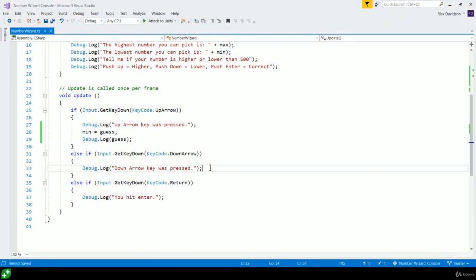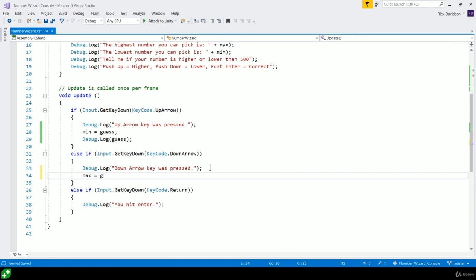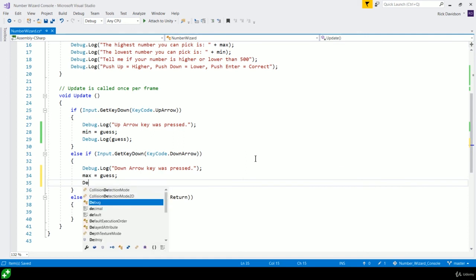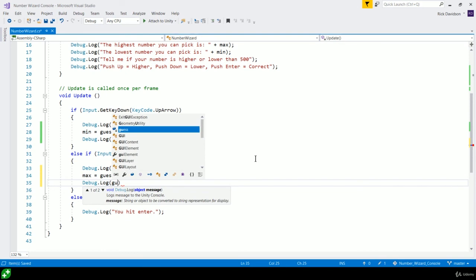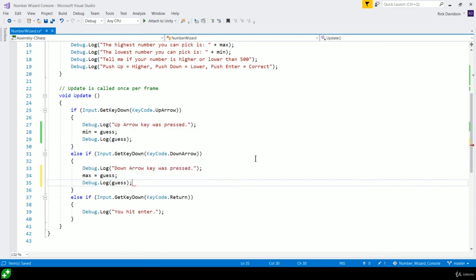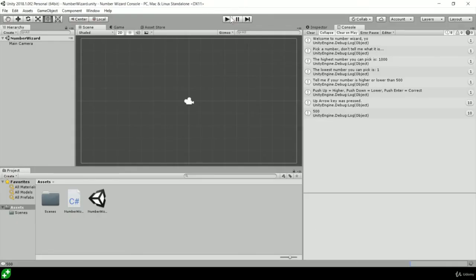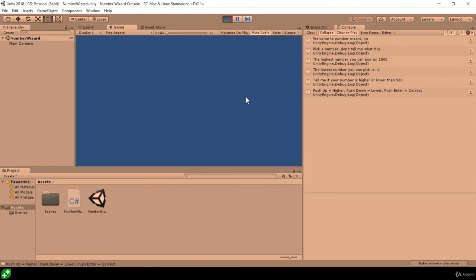Right, so pretty straightforward. We will say max equals guess in the instance that the player said the down arrow was pushed. And we'll just, again, log out Debug.Log guess to make sure that this is working. Back over to Unity, click on play, and if we click on the down arrow, then it says 500 as well, up arrow 500. Okay, so really not anything of a game at the moment, but we've created the foundation